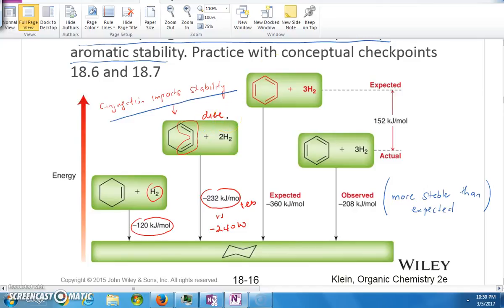Now, when we look at cyclohexatriene, we expect that negative 360 kilojoules is released, but interestingly, only 208 kilojoules is released, which suggests that this aromaticity imparts significant